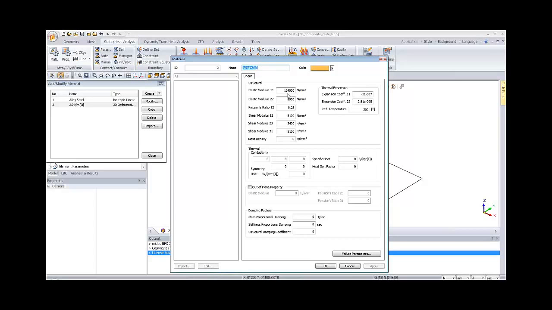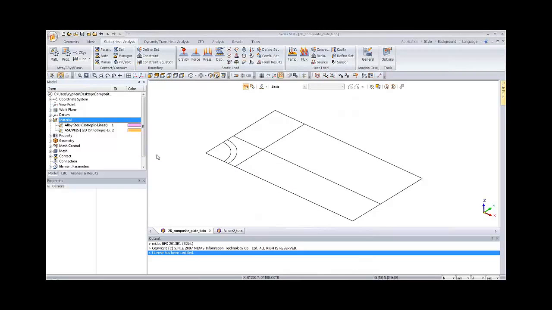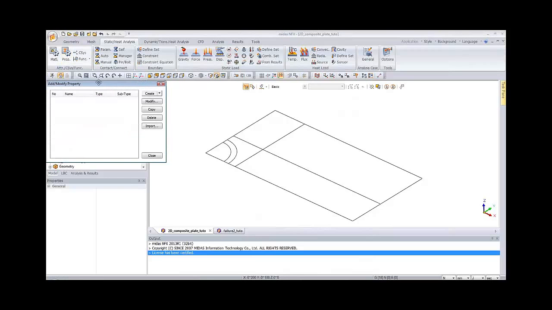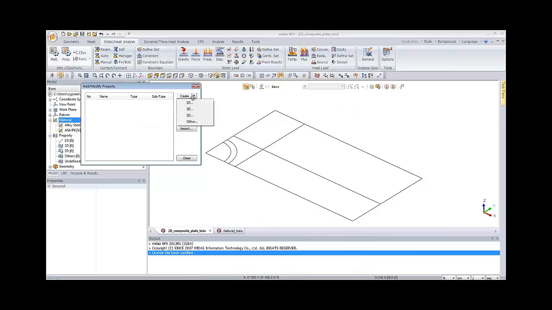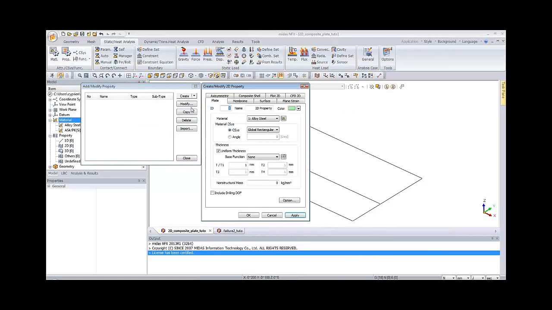Now, to create the layup of the composite material, you have to go in the property window. As you create a plate property, you go in 2D. So in Midas NFX, you have the possibility to use composite in 2D analysis, 3D models also, and you can use it in linear, nonlinear, and dynamic analysis as well. In this window, you have to choose composite shell for 2D.